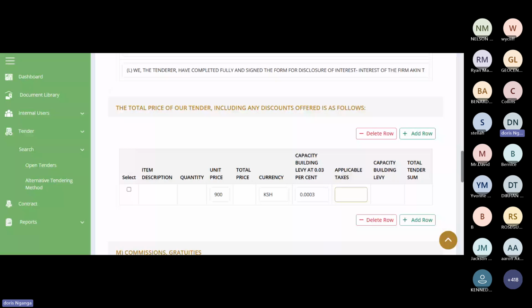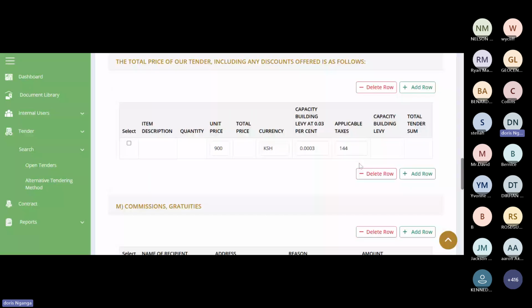So I'm going to do a calculation of 900 times 16%, right? So it's giving me 144 shillings, and I leave it at that. For this instance, I'm going to leave it like that, because the other parts are supposed to self-populate, as they are supposed to do the calculation.